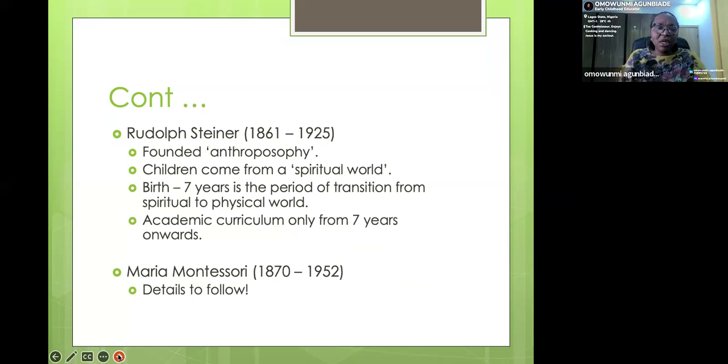A lot of us know Rudolf Steiner, one of the popular methods that is close to the Maria Montessori method. It's not very popular in Africa, but in Europe, there are a lot of schools who use the Steiner method. Steiner was an Austrian philosopher, and he believed that education should develop the total child, just like Maria Montessori.